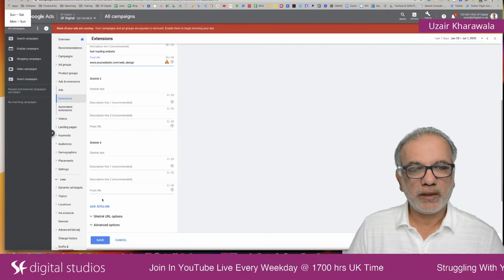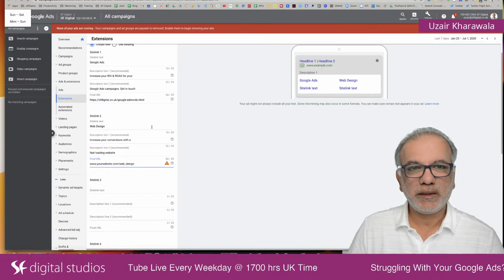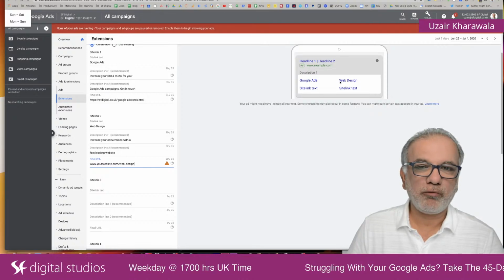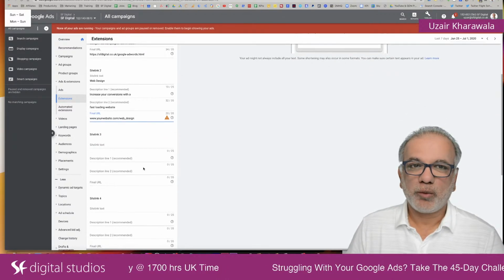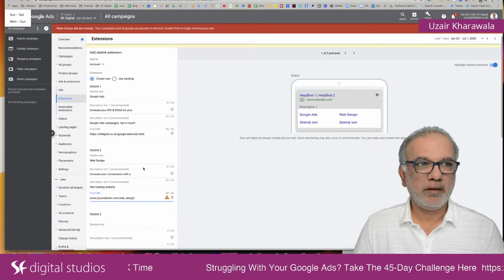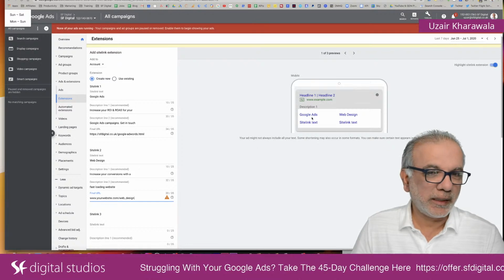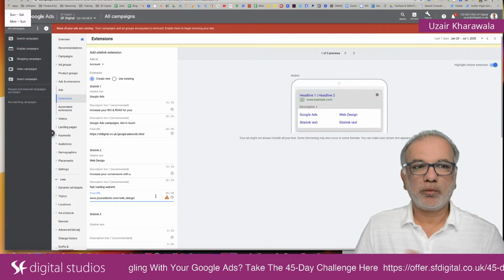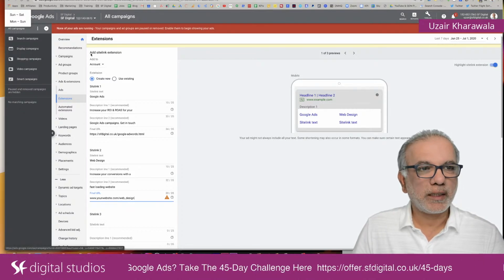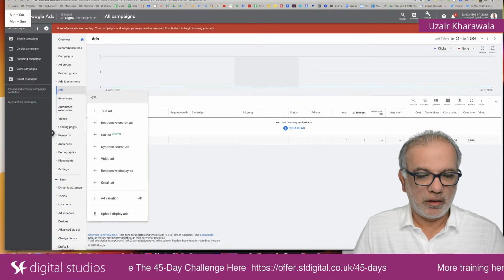What I would recommend and advise is put up at least 6, so then Google can pick out the best 4, and you get the best chance of getting 4 site links displayed. If you just put up 2, then the maximum number you will have is 2. And if you only put up 4, then Google may not show all 4, because sometimes Google will think that it is not relevant to this ad, so it may decide not to show that site link. But if you've got more, then Google has got more choice to pick your top 4 for the most relevant site links. So this is the site link,